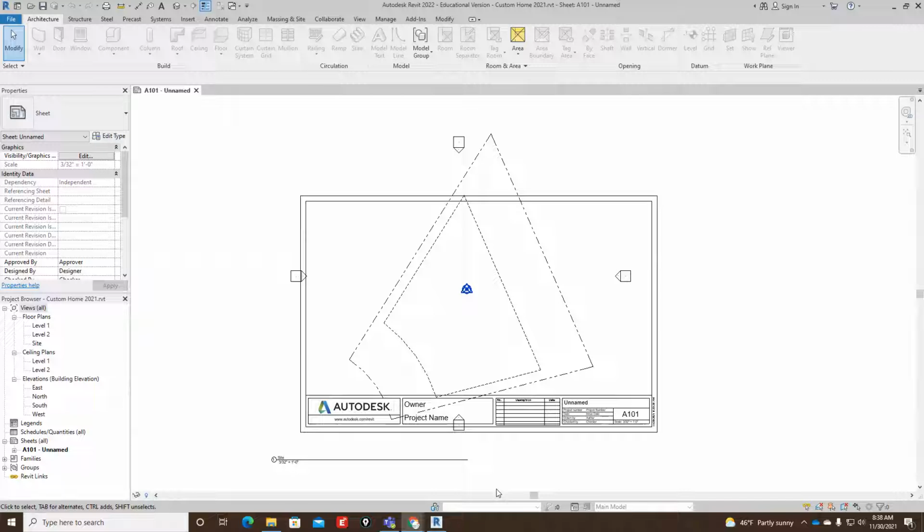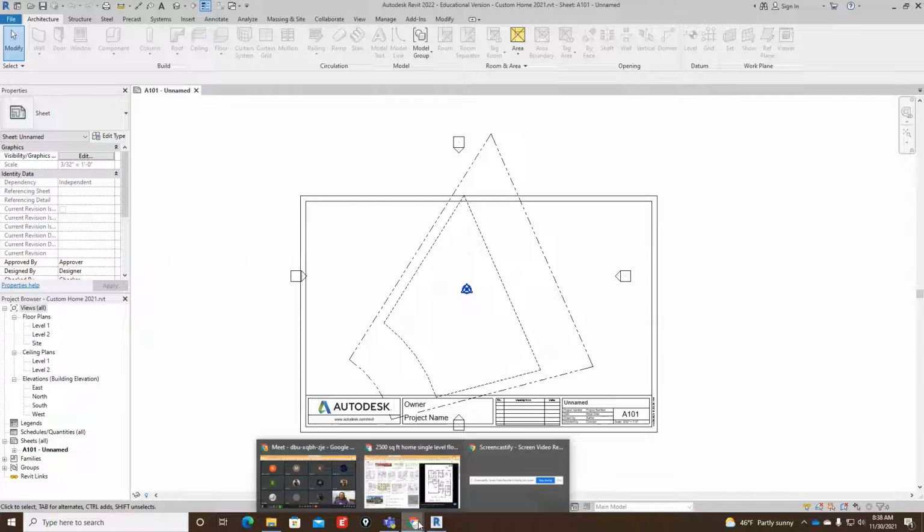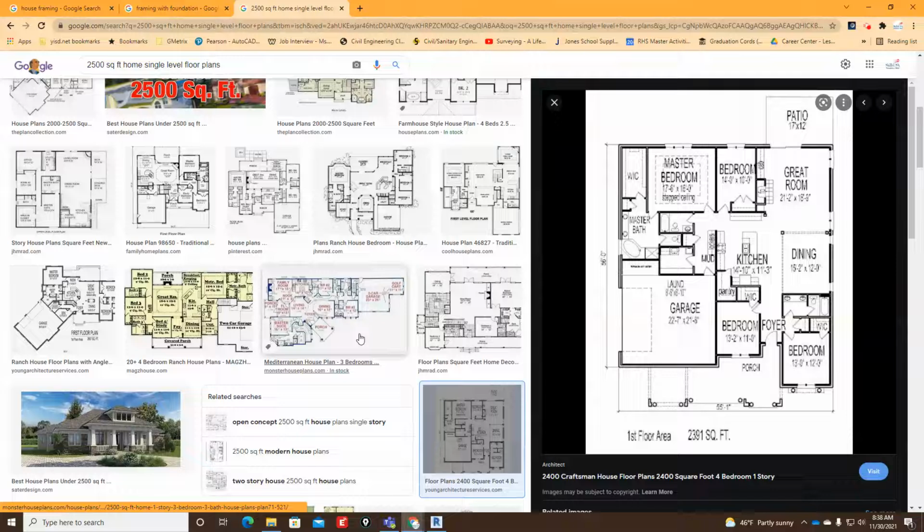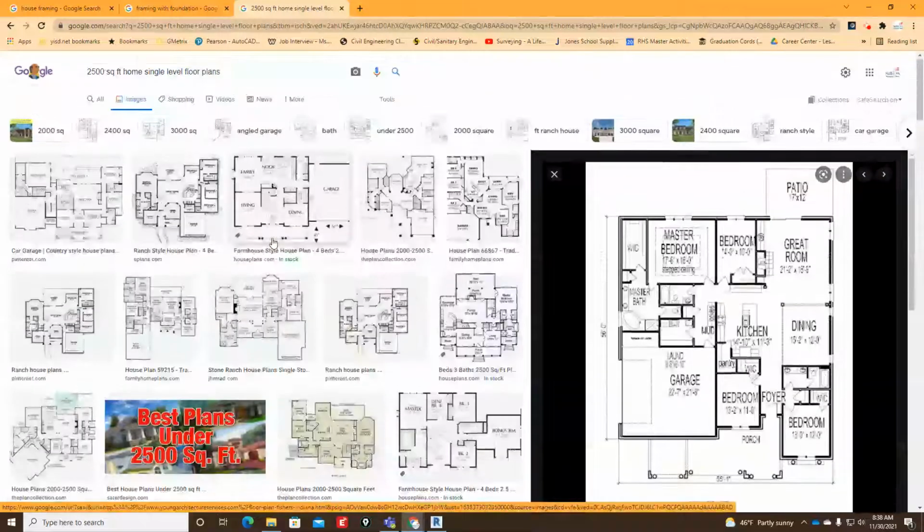Now, all of you guys did come up with a criteria. You filled out the Google form and you told me, oh, my house is going to be 1,700 square feet. Mine's going to be 2,200 square feet, whatever the case may be. So at this point, just to get this going fast, and I'll tell you right now, this is not an ideal situation, but it's something we're going to have to do at this point. You're going to have to just Google the size of your home. Okay, so in my case, for this example, I'm going to use a 2,500 square foot home floor plan,